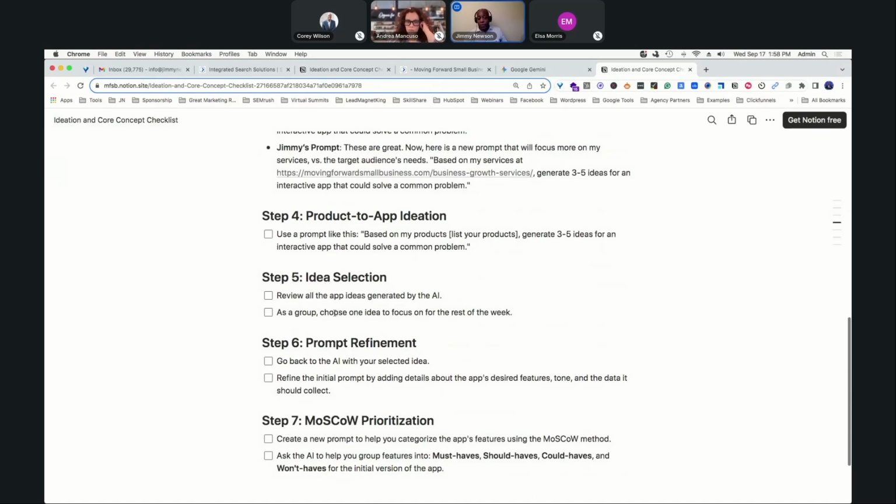And if you are passionate about people, get some feedback on what they think they like the most, and then start to refine it, get your app idea, and then start to feed it back into your tool and ask it more questions about it. How can I get it to be, I don't want it to be as short as it is. I think that app was way too short. So what I would probably do is go,